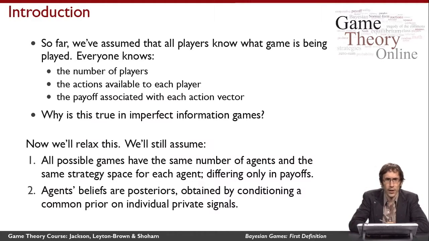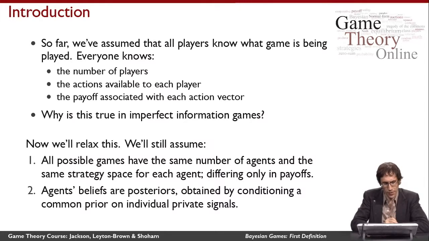Now, you might find it useful to reason about games in which you're not sure what other agents there are. It turns out that's actually possible to capture within this framework. In that case, you would just always believe that the maximum number of agents were present in every game, but you'd set up the utility functions in a way where sometimes it doesn't matter that some of the agents are present because they're not able to affect anything.